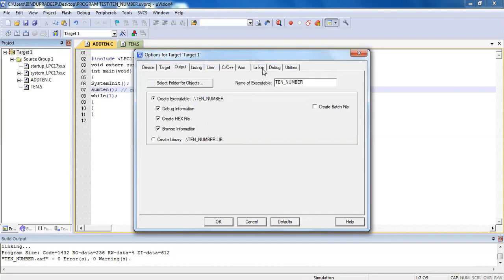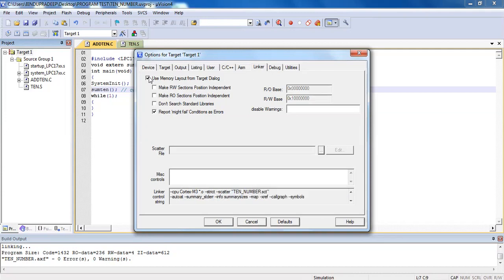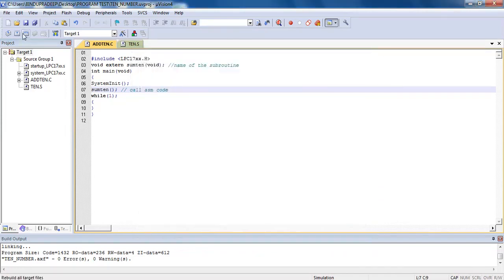And also in the Linker tab, you check "Use Memory Layout from Target Dialog". These are the procedures you have to follow in order to create the hex file. Clear? Click on OK. Now you build or rebuild the target,